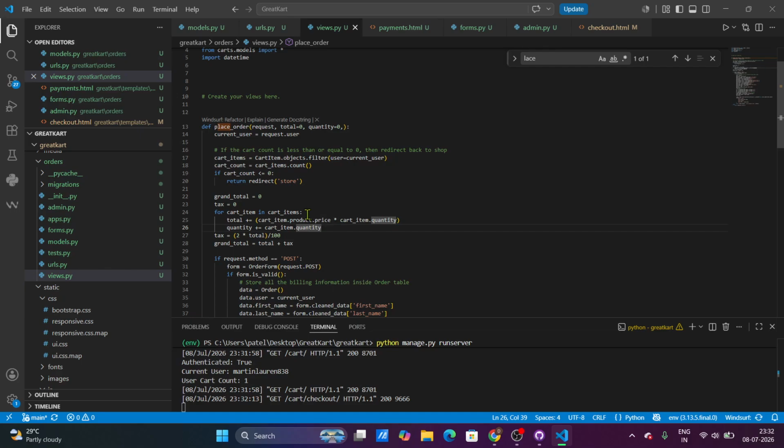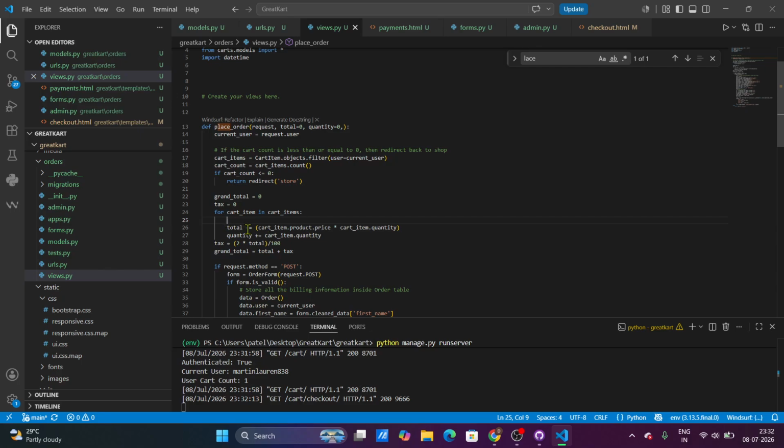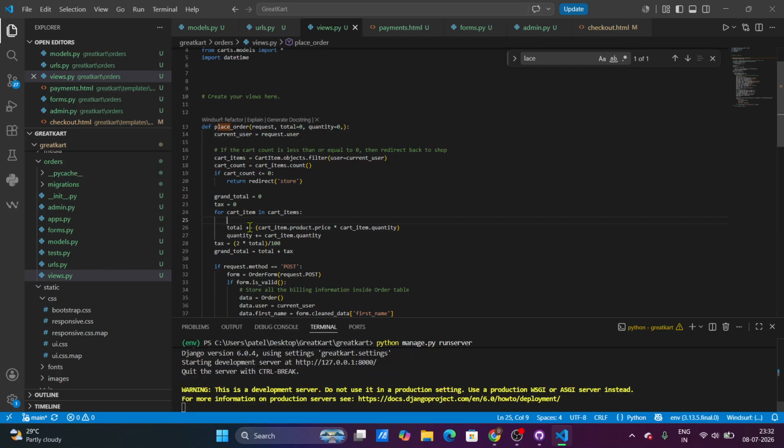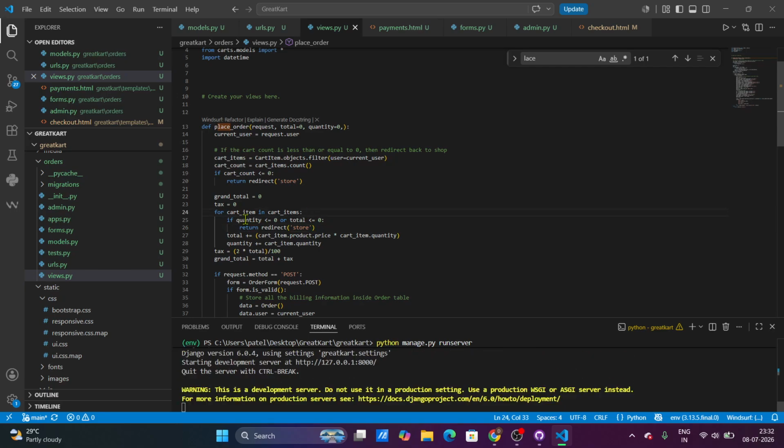So now inside this for loop, before calculating this total and quantity, we will add this code here. Okay, so if quantity,